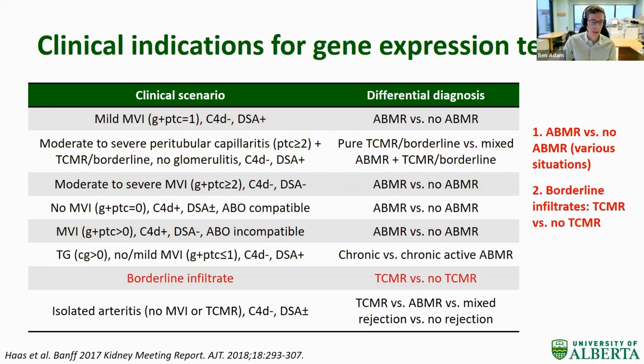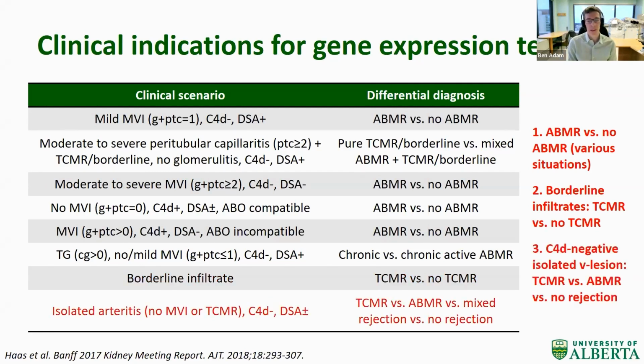The second scenario is essentially when you have a borderline infiltrate and you're concerned about T-cell mediated rejection, but you're not clinically confident enough to initiate treatment. So that's another situation where ancillary gene expression testing may be helpful. And then the third situation is this specific scenario where you have C4d negative isolated